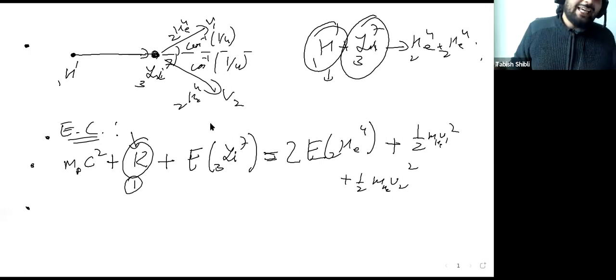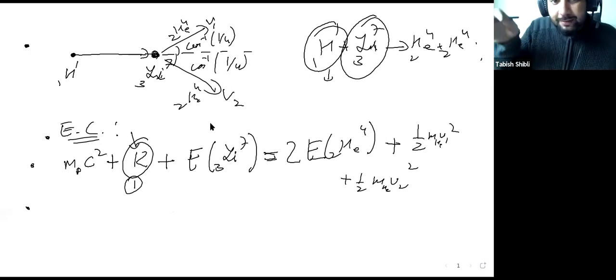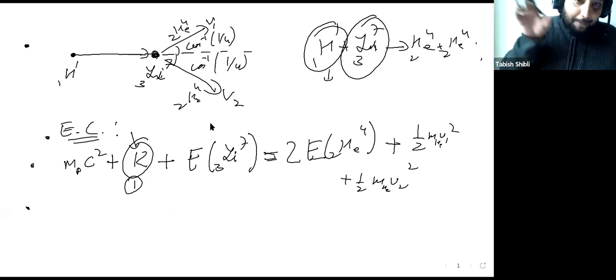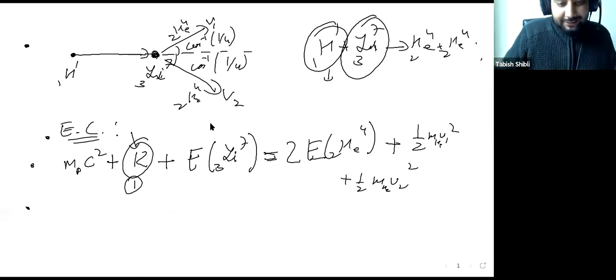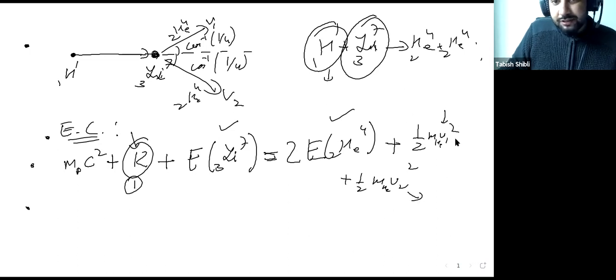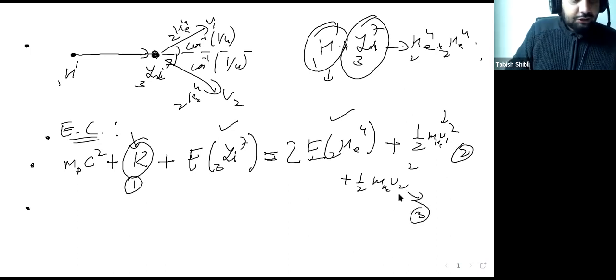Well, you're given the binding energy per nucleon for lithium. So if you multiply the binding energy per nucleon by the total number of nucleons, which is 7 in this case, we'll get the total binding energy, right? So that is essentially something that we can figure out. So that's not a variable. Similarly, the energy of the helium can also be figured out. It's not a variable. The mass of helium is also not a variable, but the velocities v1 and v2 are variables. So this is your second variable and this is your third variable. So you have 3 total variables, correct?